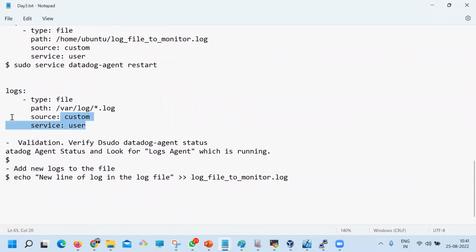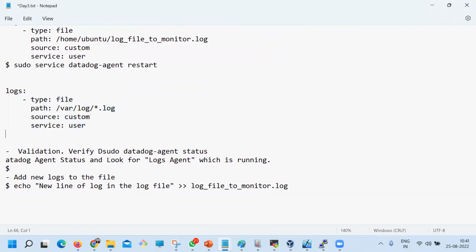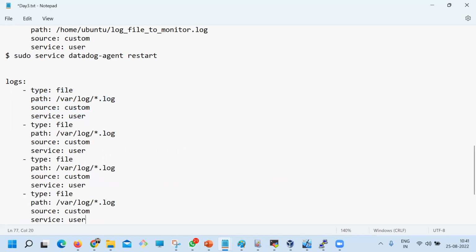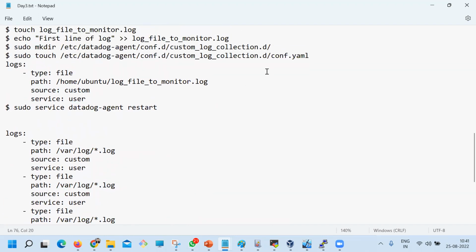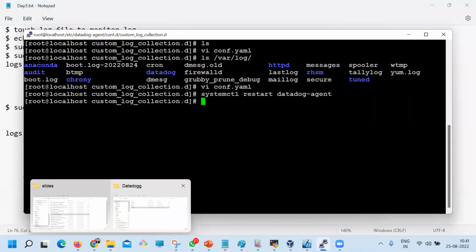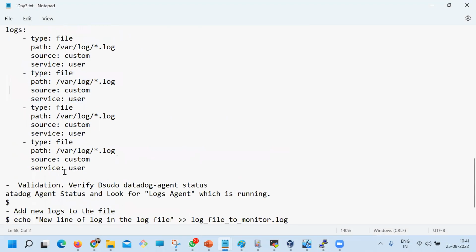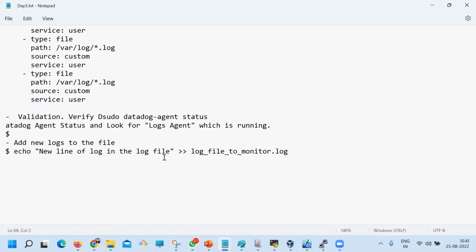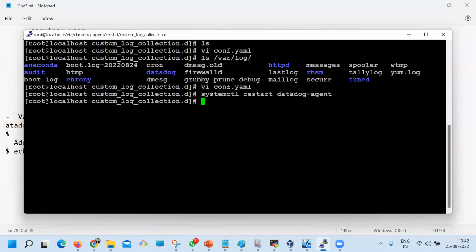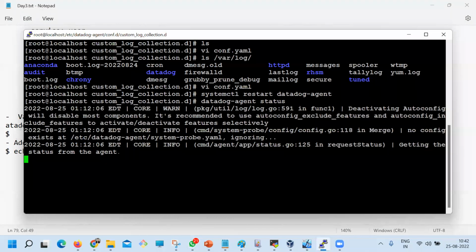So now here you can have multiple files like that. This is one source, two sources, three sources, four sources in one file dedicated only to log management. So that is something you'll do. You want to see that log status, and here